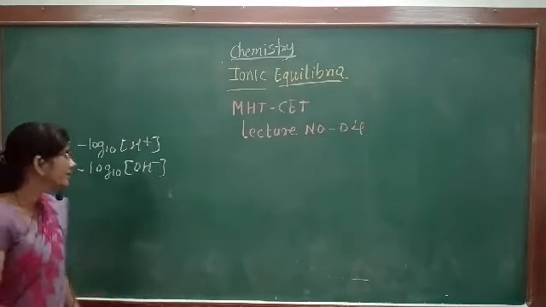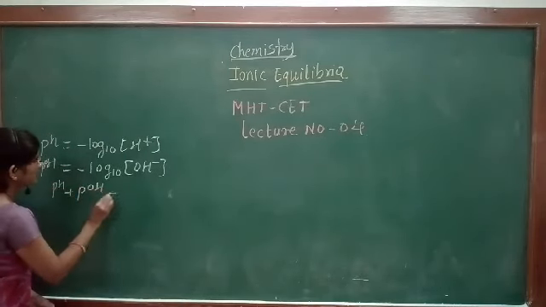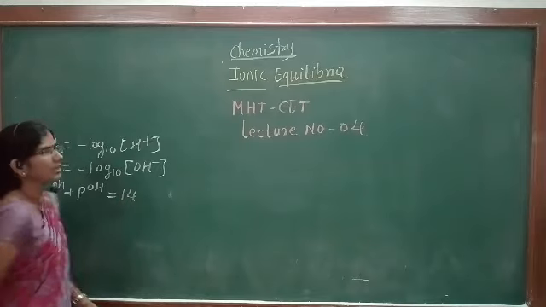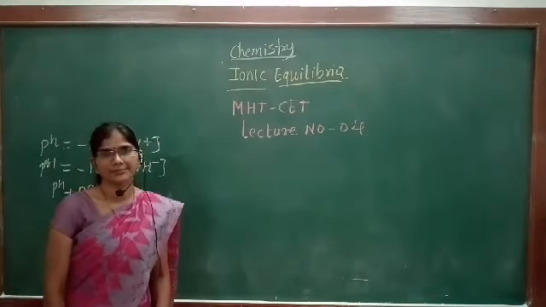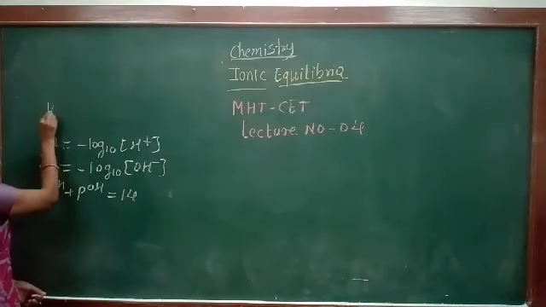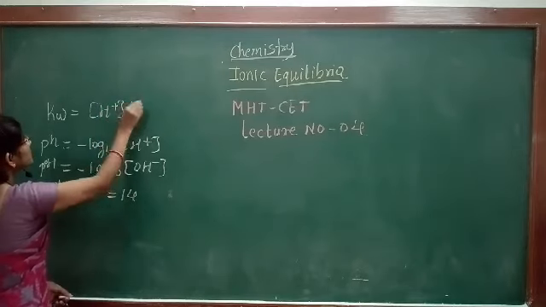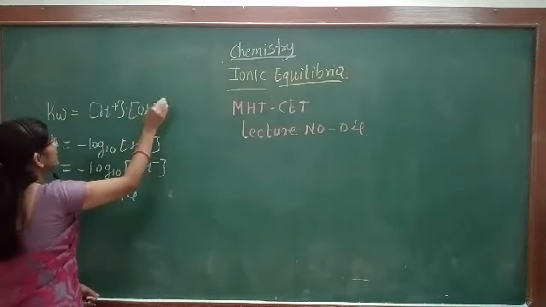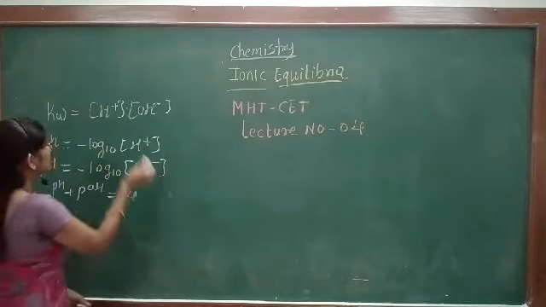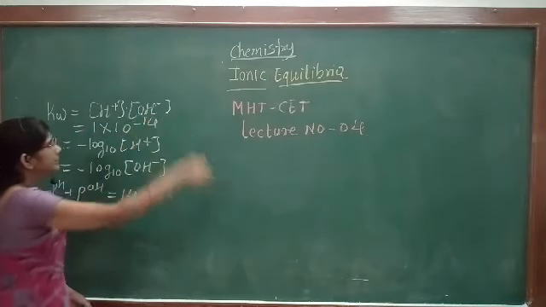Then, what is the relation between pH and pOH? pH plus pOH equals 14, and it comes from the ionic product Kw, which is equal to H plus ion concentration into OH minus ion concentration, having the value 1 into 10 raised